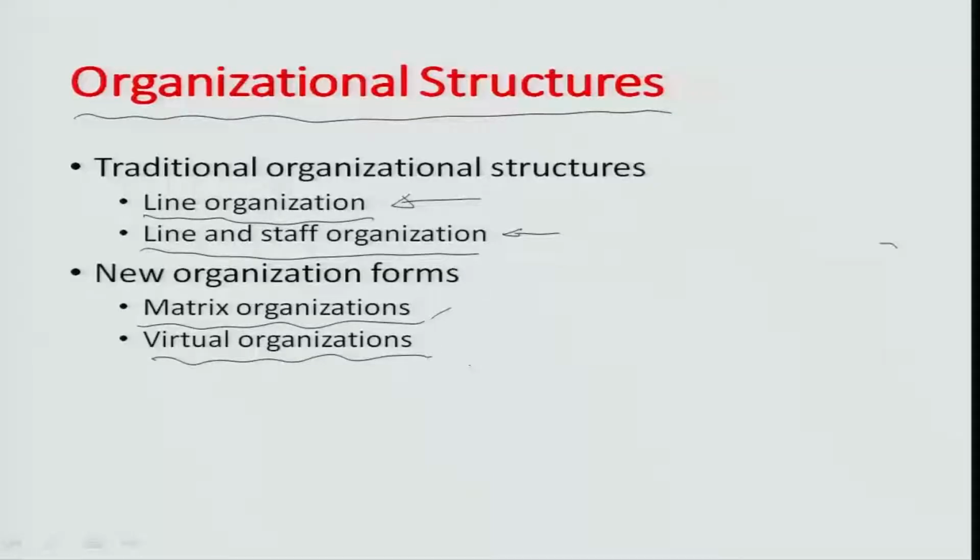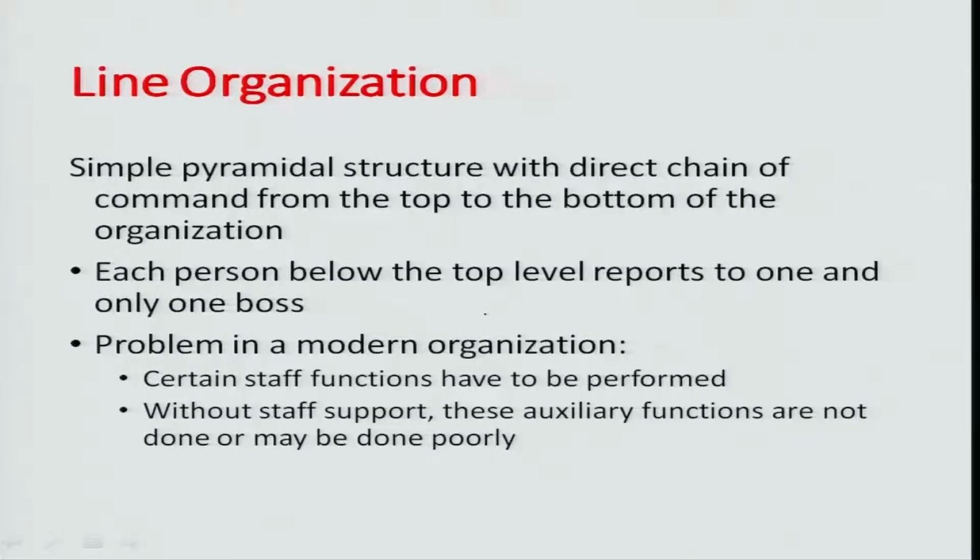Okay. So, these kind of organizations are called matrix organizations. Of course, the same thing happens now on a virtual level, given the digital era which has come up. There are many organizations which actually work more on a virtual mode, and these are the two new kinds of organization structures which have evolved. So, let us look at the traditional organization structures first, the first one being the line organization.